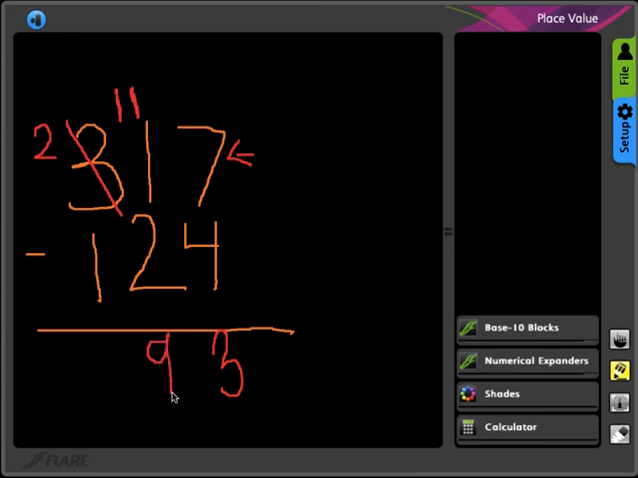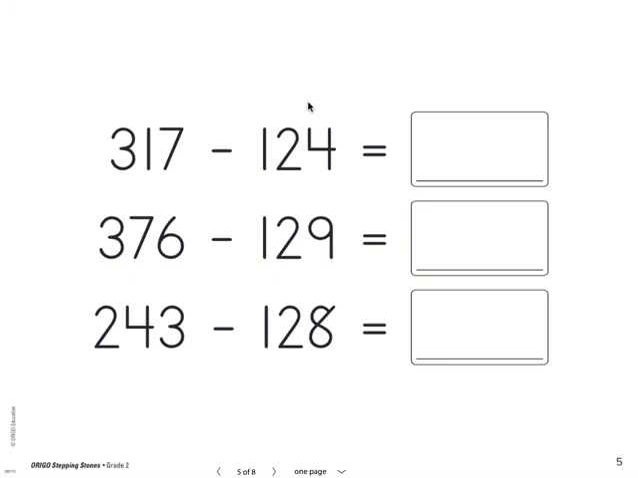9. And I have 2 hundreds minus 100. 2 take away 1. What is 2 take away 1? In a snap, I know that is 1. I got 193 here too. Just like I did with my blocks. I must be right. 193. Okay, let's move on to our